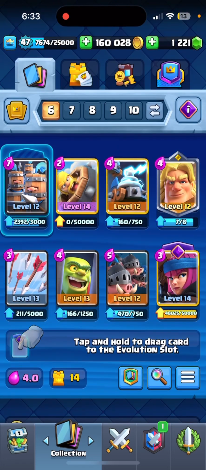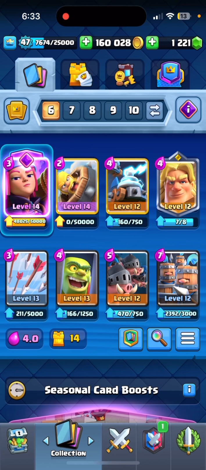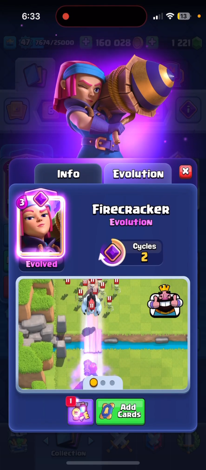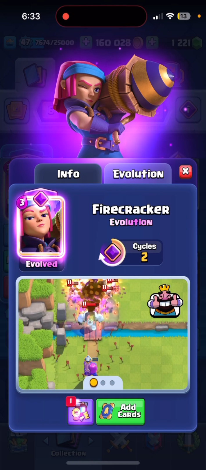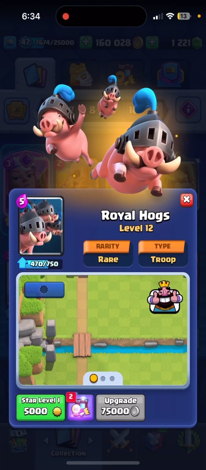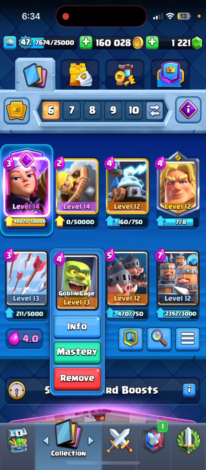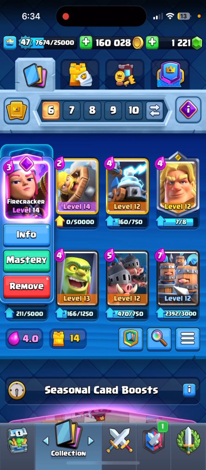with Firecracker. And you might say, why would you do that? Because it can't bait out Fireball. But often I find my opponents are shooting Fireballs at my evolved Firecracker. So every 2 cycles, I'm baiting out his Fireball, which can lead to Hogs or Royal Recruits or Goblin Cage. So honestly, it works really well. And also my Firecracker is the highest level card I have, so it tends to just work out better for